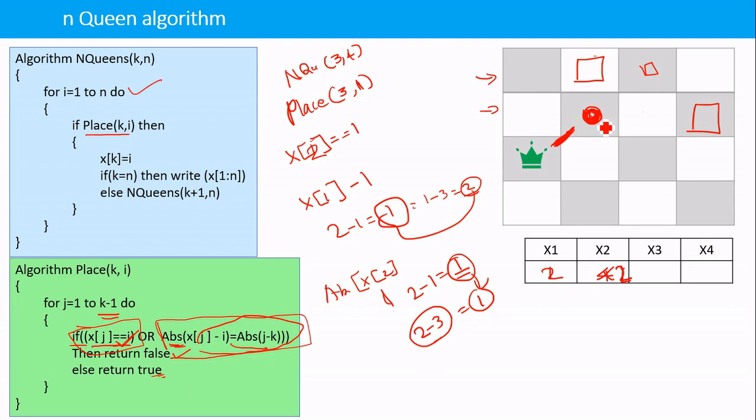Now in our condition, the queen is in the fourth column, so it will return true, and we can place the third queen in the first column. So x of 3 I will set as 1. Then if k becomes n, that is, if the fourth queen is also placed, then I will write the solution. Otherwise I will repeat the procedure with the next queen, that is, the fourth queen.